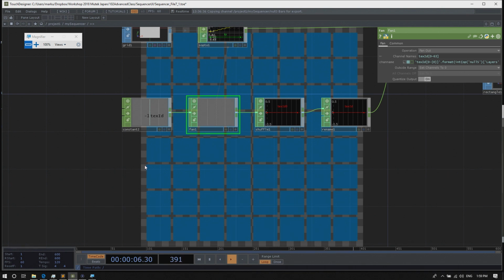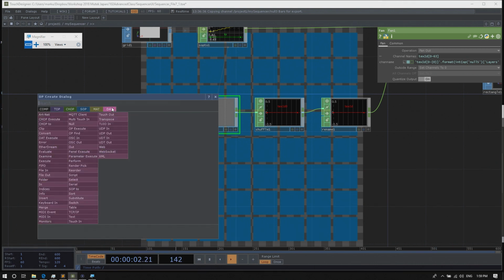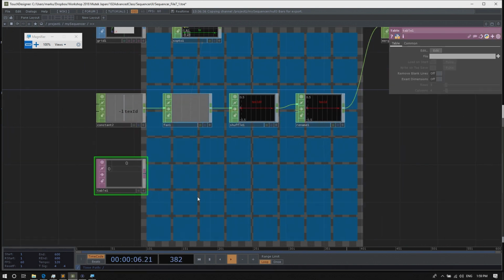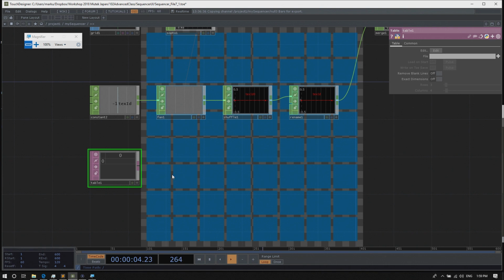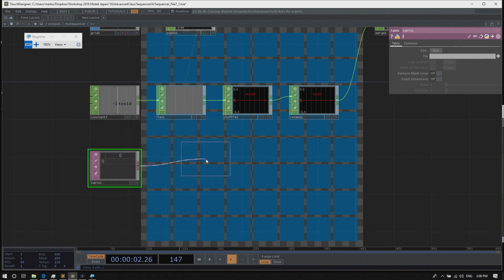So let's add a table DAT to manage the values. And this table DAT will convert to a chop, so we'll use a DAT to CHOP.